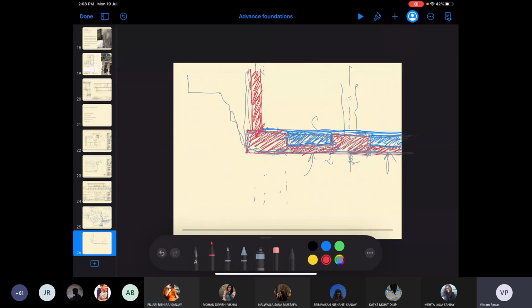Okay, somebody is saying this can be murum or soil. Any opinion on this? Can we fill in murum or soil in this pocket?